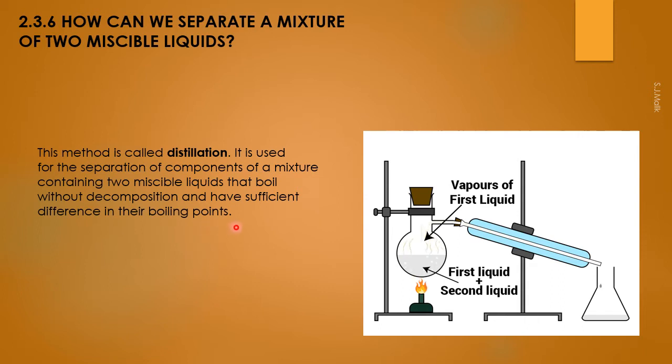Simply, if we say there are two liquids, they are mixed with each other and they form a homogeneous mixture. When we heat them, what will happen? The first liquid whose boiling point is lower will convert into vapors. That vapor we will connect with the help of a condensation tube, and after that the liquid will be collected into a separate vessel. So one liquid will be separated over here and another will be in this jar. So this way both the liquids can be separated.